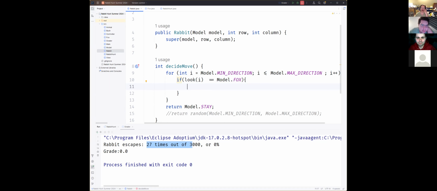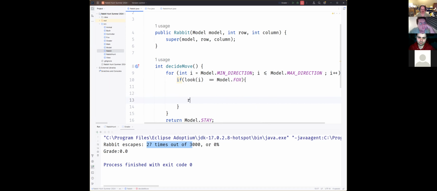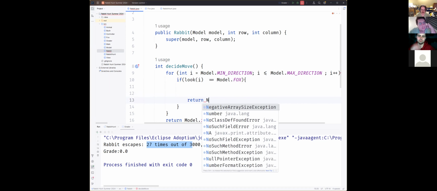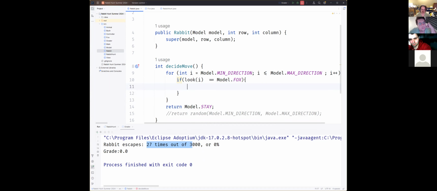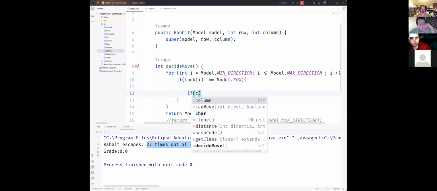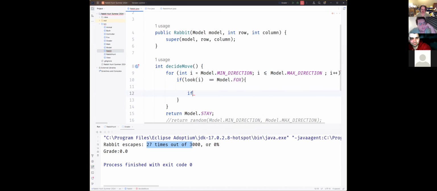Now, what should I do? Let's just practice and not think about this for a second. I'm going to do a move that I said was not that great: I'm going to move directly away from the fox. How do I do that? I'm going to return. I'm going to actually help you with this. If can move,